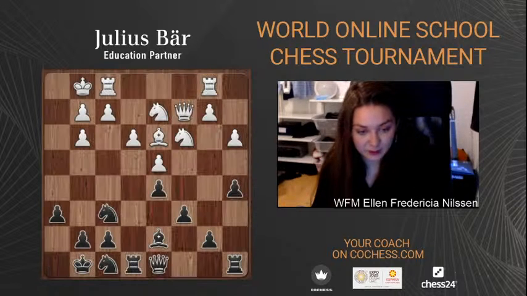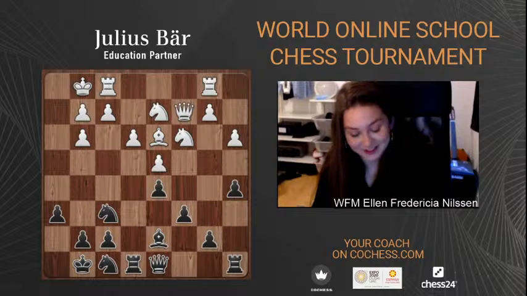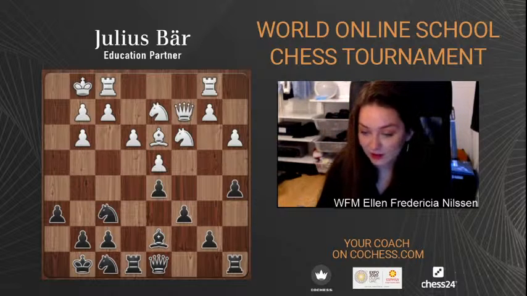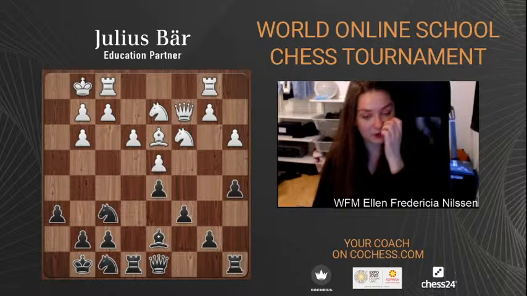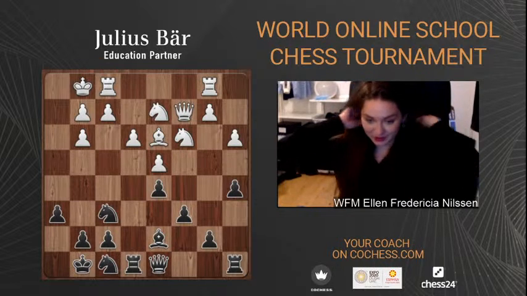My last example is another one of my games. I play this structure quite a lot. Usually aren't rook endgames drawn, even when one side is a pawn up? It very, very much depends on the position. And